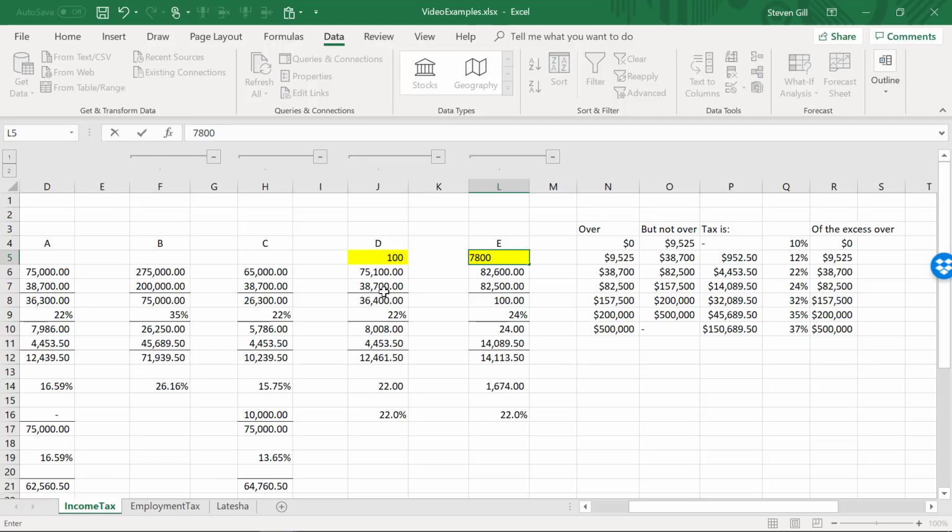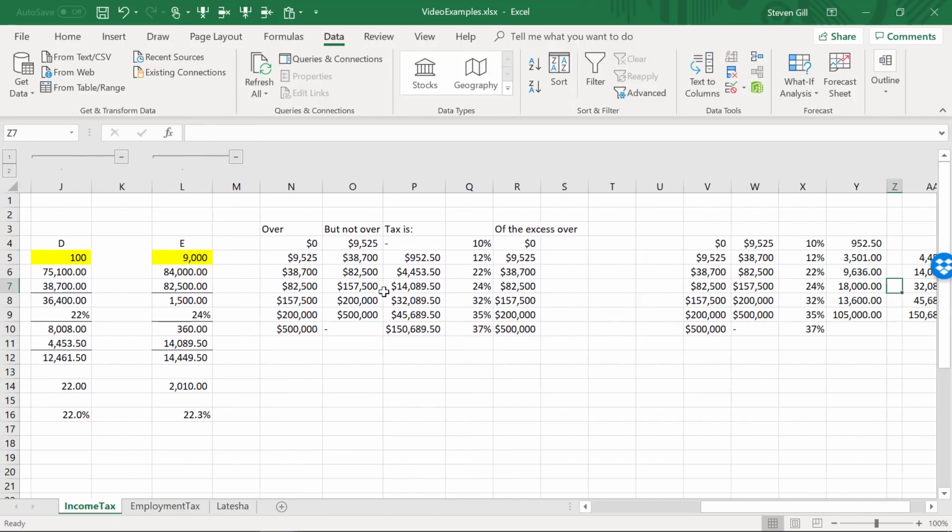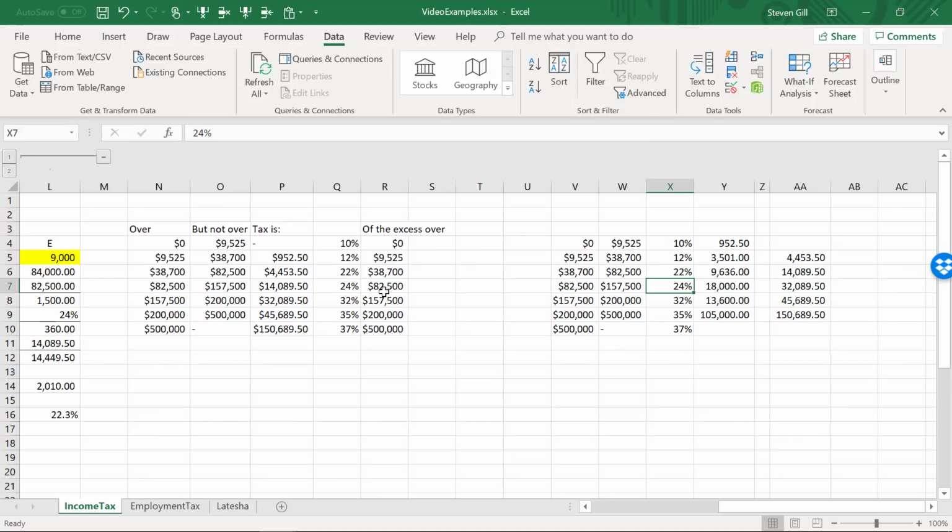and very slowly we start to move away from 22% and up towards 24%. So at some point, that 22% is going to shift completely to 24% as a marginal tax rate. We can see that what happens is with each dollar that goes up, it's taxed at the rate that applies